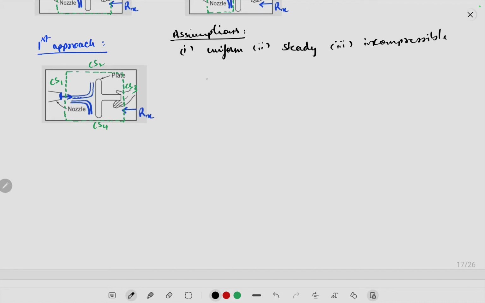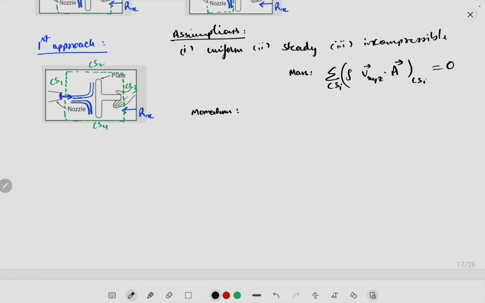Next, let's write Reynolds transport equations for mass and momentum. So what was the first equation? First equation was, so for you assuming these three flows, I would get, for the mass, summation over CSI of rho V dot A in that CSI is equal to 0, and using equation for momentum,